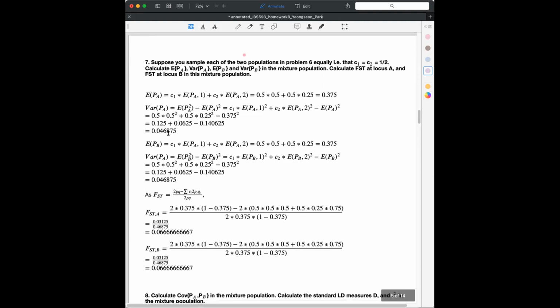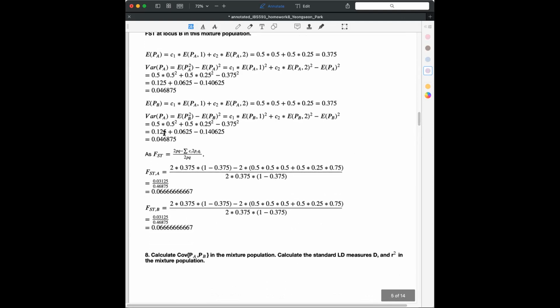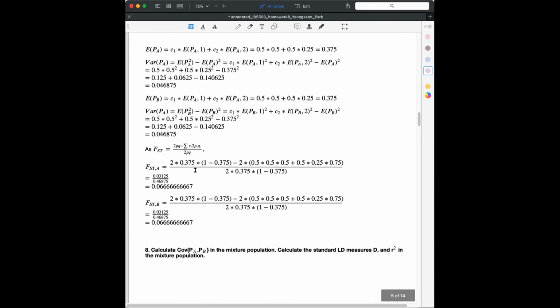So that makes the variance 0.0468 and so on. And then I did the same thing for locus B, but there is a typo. And then for the FST from the book,